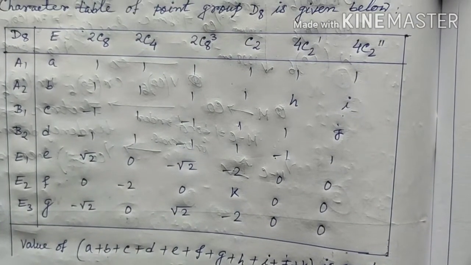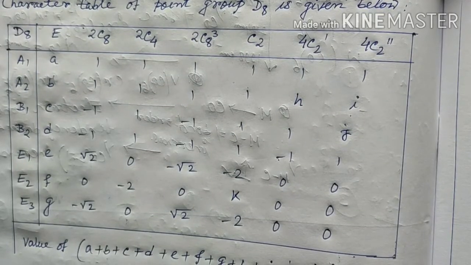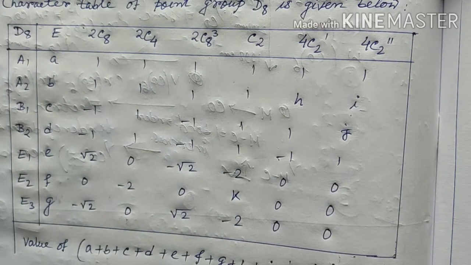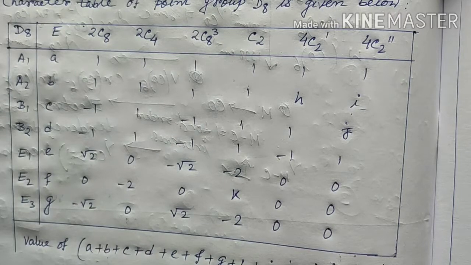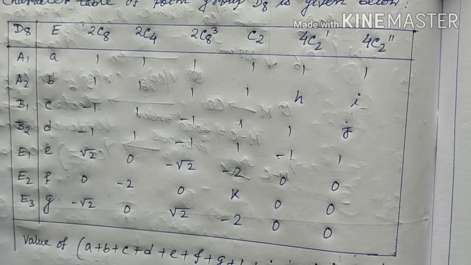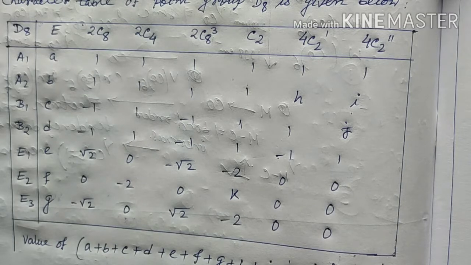Now, before solving such questions related to the character table of a point group, we first have to learn carefully about the character table and its nature. Then we can solve such questions easily. Now let's learn about the character table of a given point group and its related important information, and I will discuss the character table of the C3V point group.